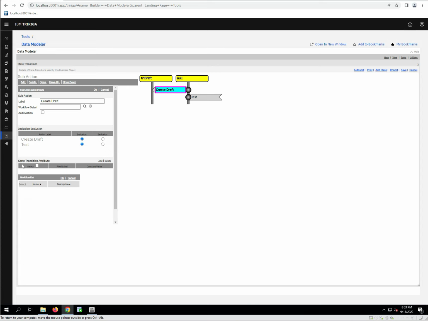All right. The state transition attribute. This allows us to set field values on the state transition. And so the convention is for any of our transitions that go from one state to another, we would set our status and our previous status fields. So these are classification fields, remember? And the way the classification fields work is